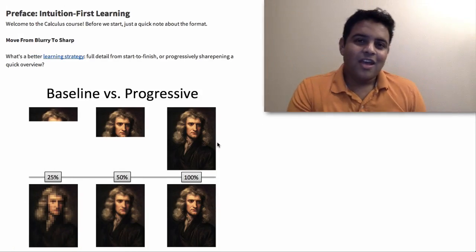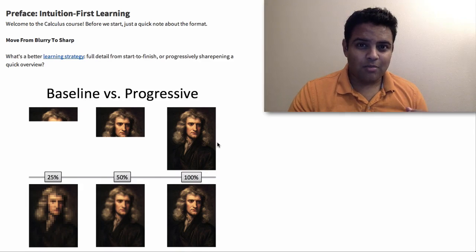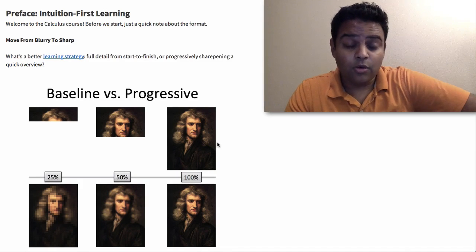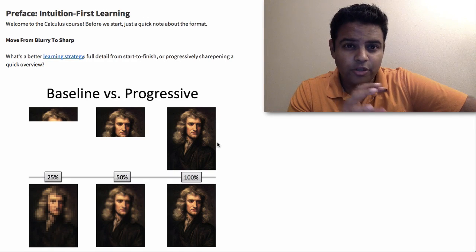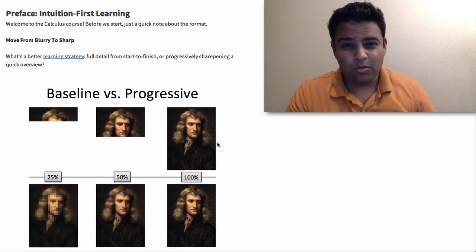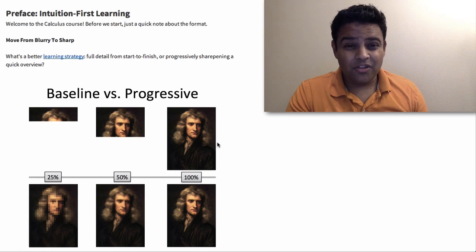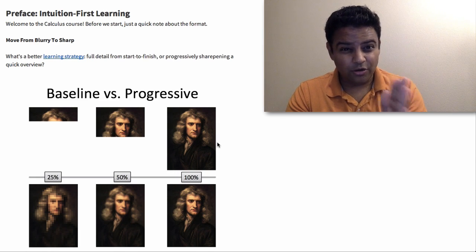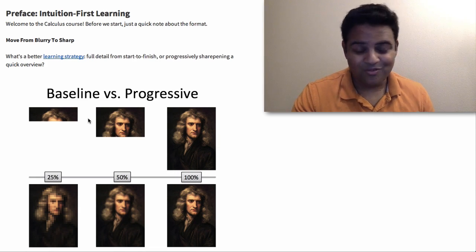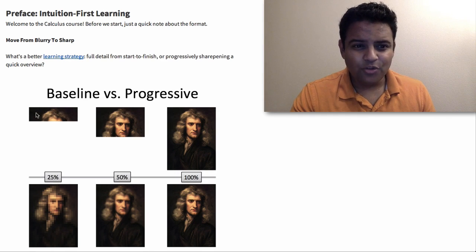Okay, let's hop in. The first insight, which I've written about previously for the course announcement, is basically the idea of going from blurry to sharp when we're learning. Oftentimes when we teach a course, we cover things in full depth and try to go linearly. So if we're doing an image, we get full detail and we do the top and then the middle and the bottom.